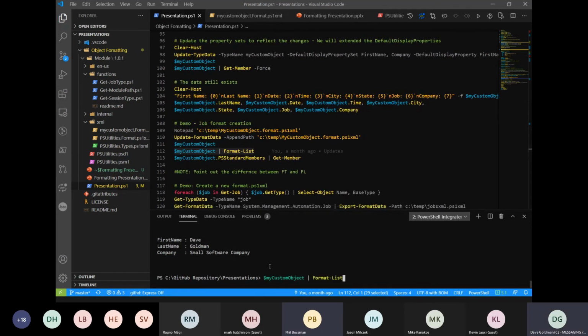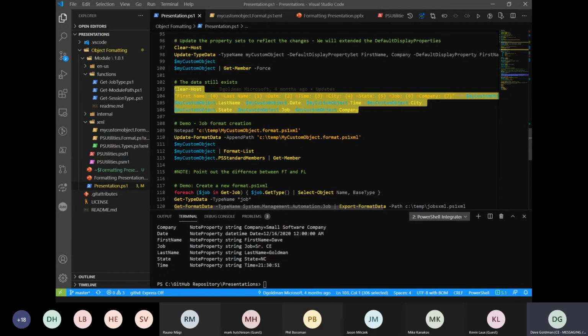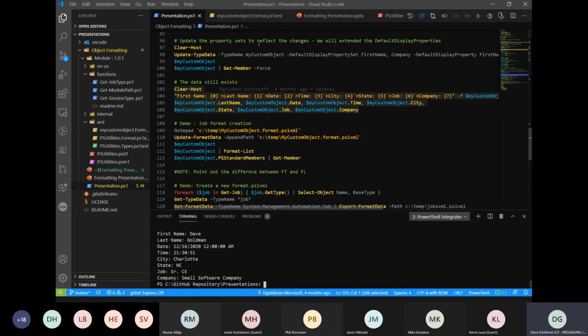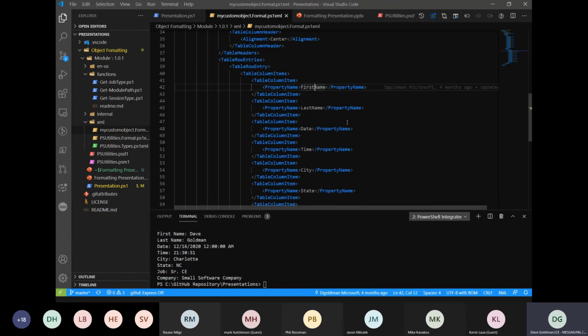Yep, still there. So if I go back here and do a get member, there's all my stuff there. First name, company, date, which I can clearly do this formatting with. Now, I could do something like, say I want to update this again, and I don't like name. Let's just say today's date. All right. I'm going to save that. Actually, I'm saving that in the program. That's not going to help.